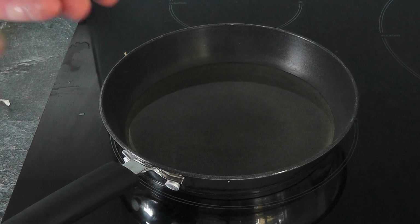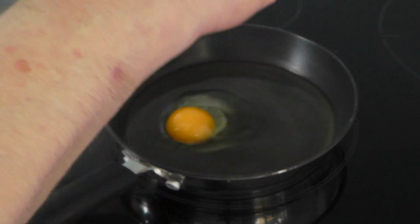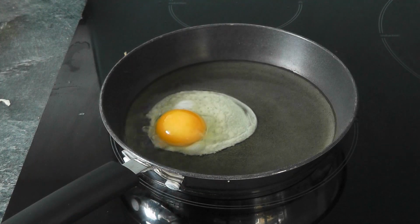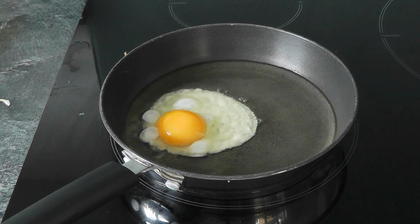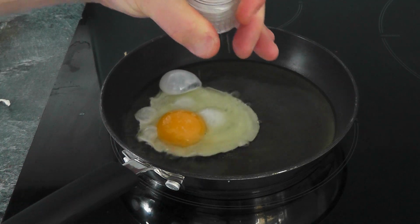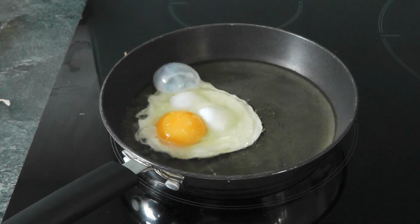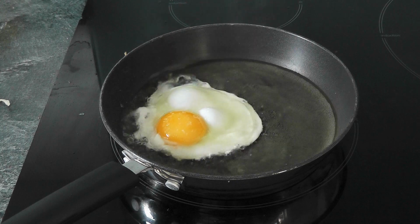And then what we can do is just crack the egg. Like that. Try not to break it. Now that is not going to take very long at all. Just going to add a tiny little bit of salt in mine because it then goes into, you know, the whole egg. Turn the heat down a little bit